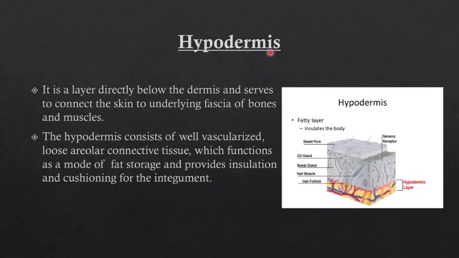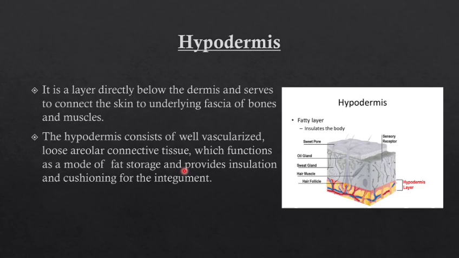The third one is the hypodermis. This is the third layer of the skin. The hypodermis is a layer directly below the dermis, and serves to connect the skin to the underlying fascia of bones and muscles. The hypodermis is well vascularized, as I discussed in the first two slides. It is loose areolar connective tissue that functions as a site of fat storage. It stores fat and provides insulation and